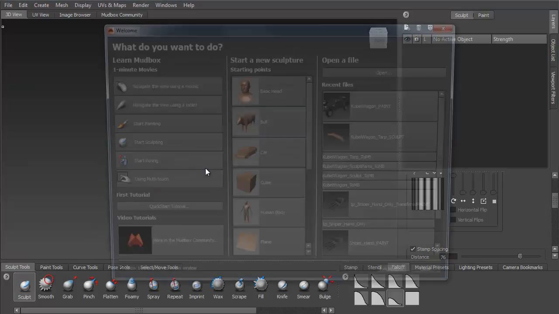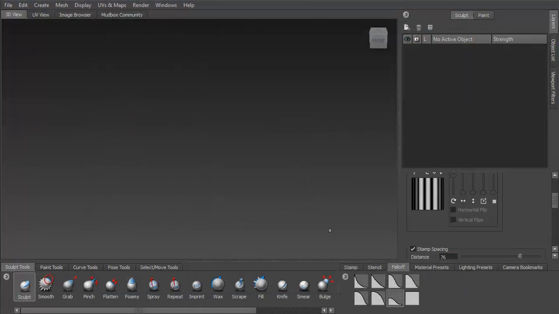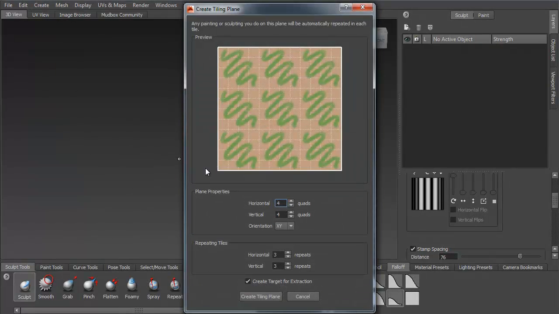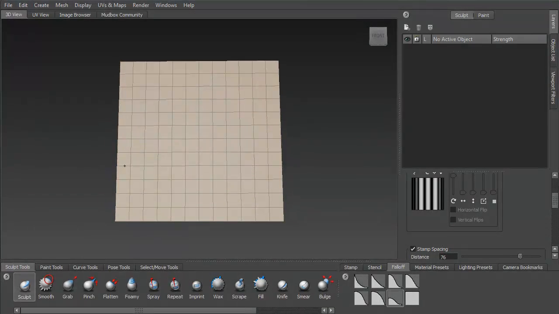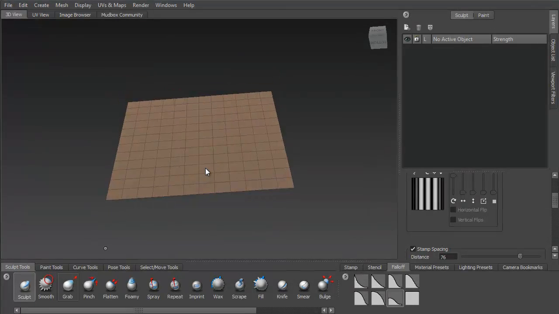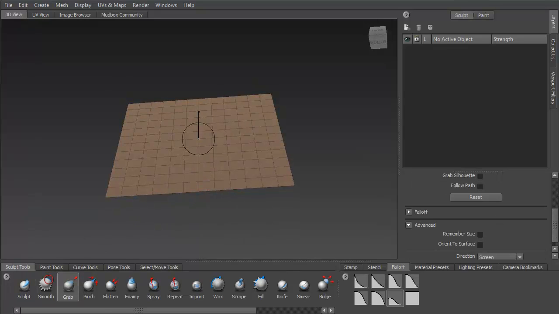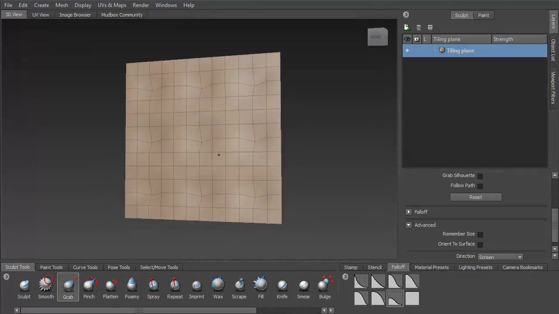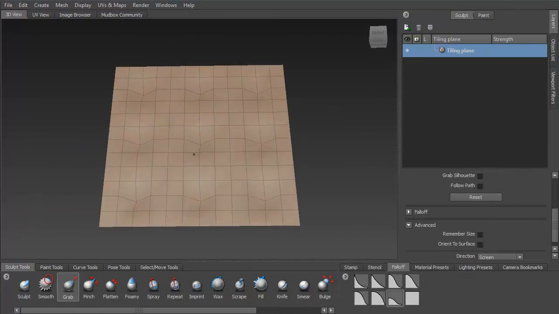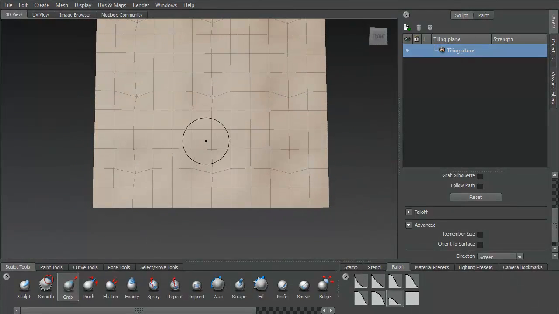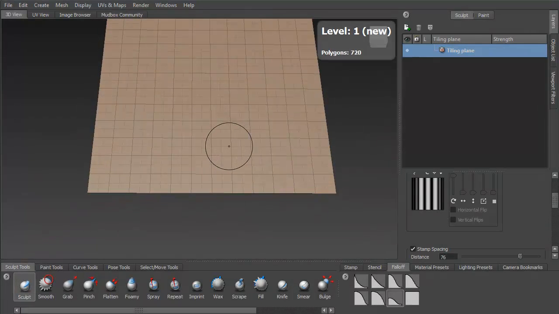How I created, just close this. If I create a tiling plane here and just hit create tiling plane, and I hit W here, I'm actually looking at a 3x3, you know, 9 individual squares. And if I grab a point in the middle and move it, it tiles that for me. This is a good way to create a tiling texture. It's actually a really good way to do it. But what I wanted to show you really quick before I did anything is when I was doing my sculpts,